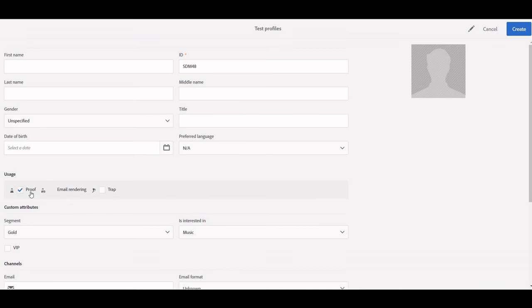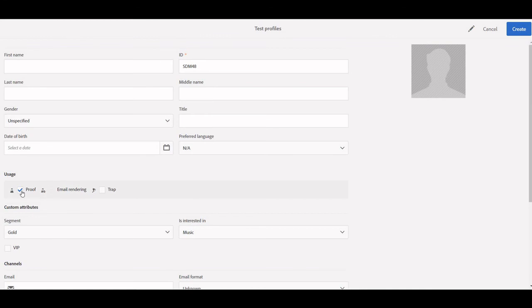You can have this test profile as a proof, as a trap, and if you have noticed, the email rendering option is disabled, because the email rendering option is only supported for production, and we cannot create a test profile for email rendering. The out-of-the-box test profiles that have been given are also test profiles we cannot delete.